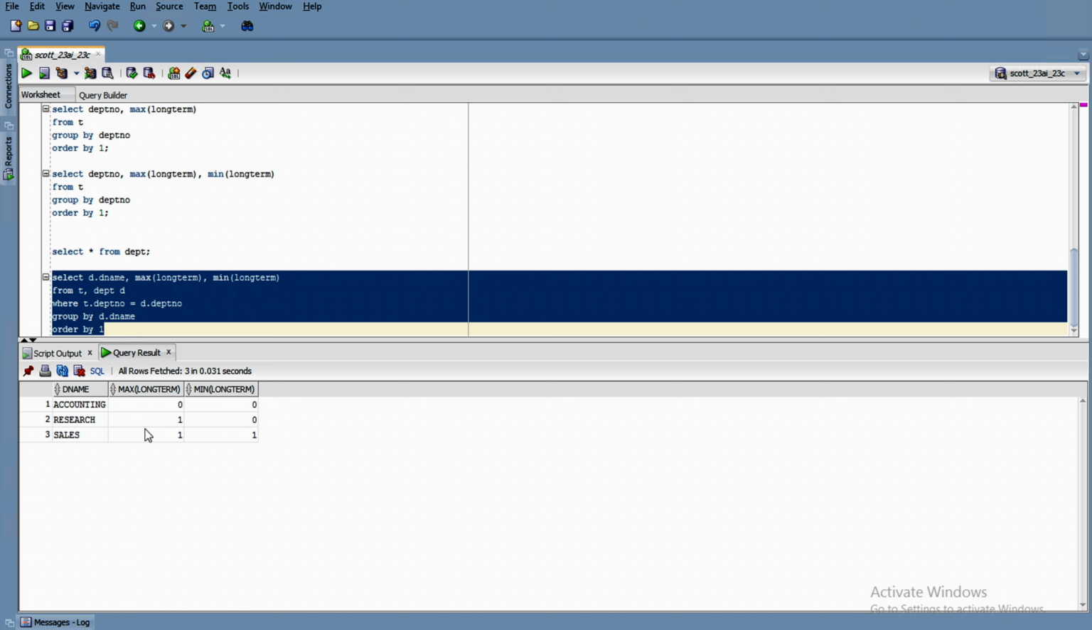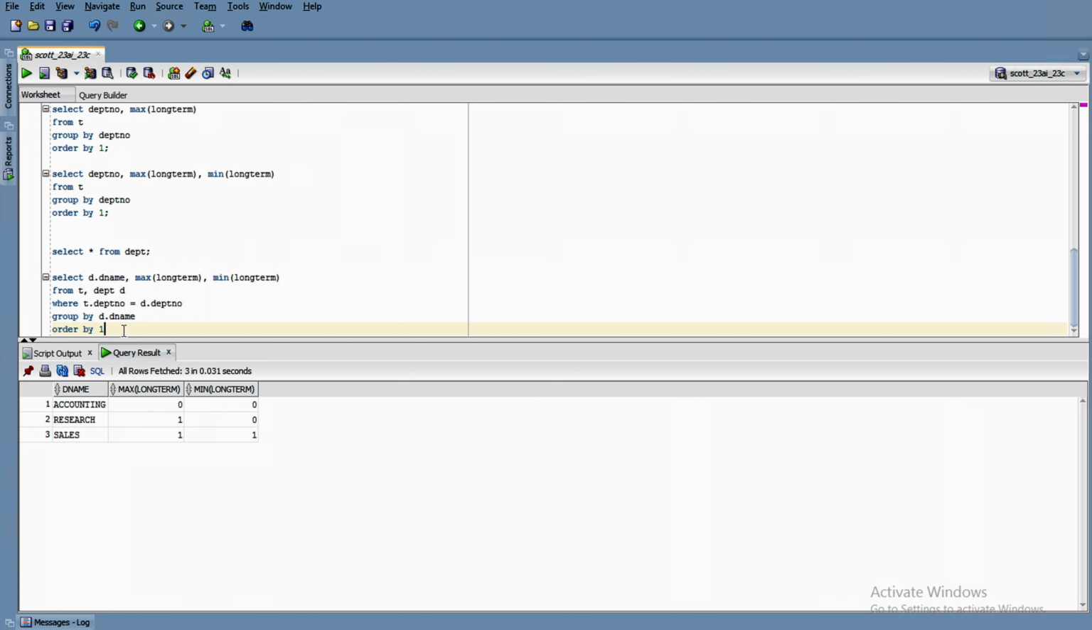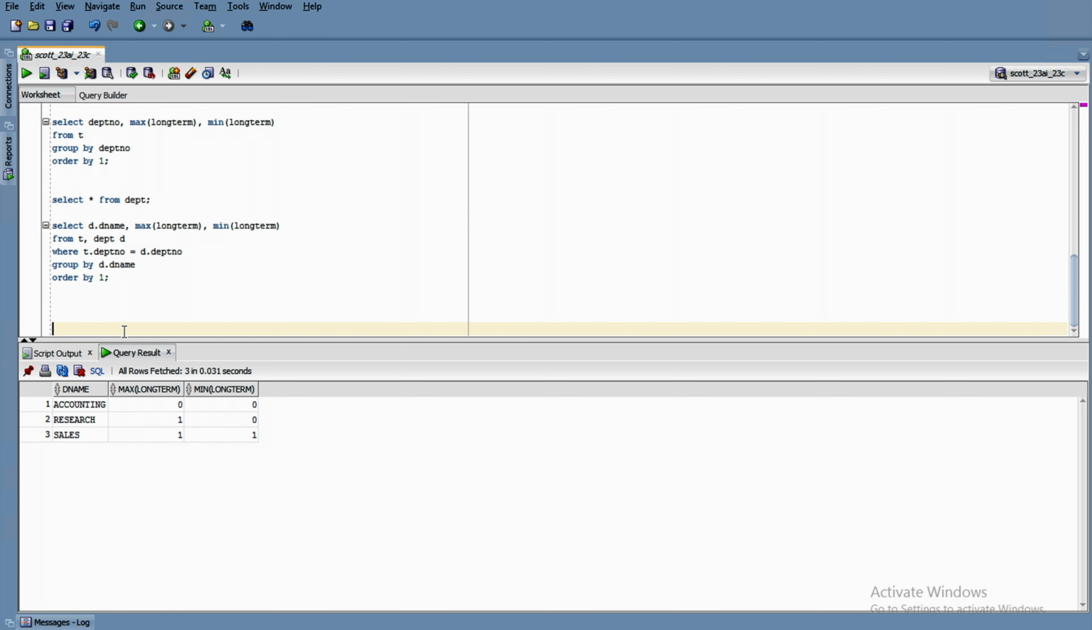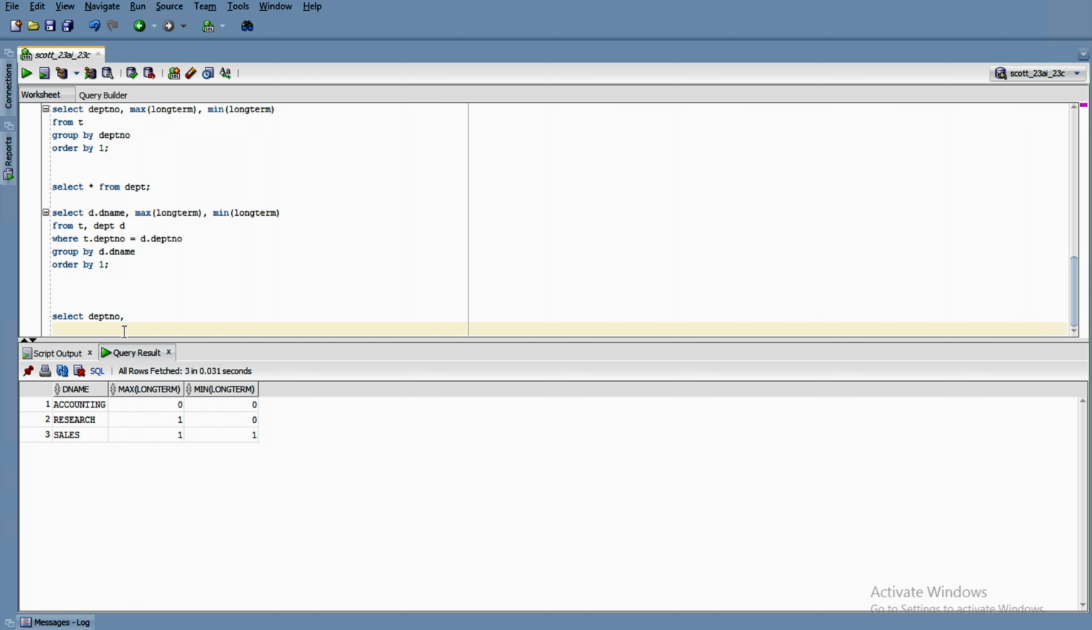But we can, let me create some query that makes more sense. So we will also use a case clause. So case when